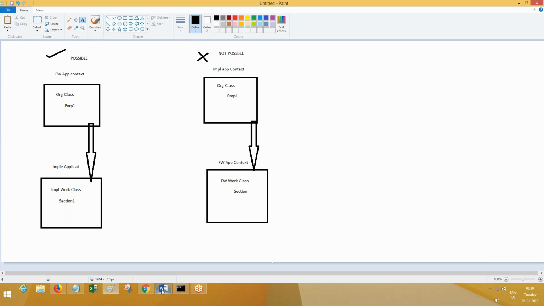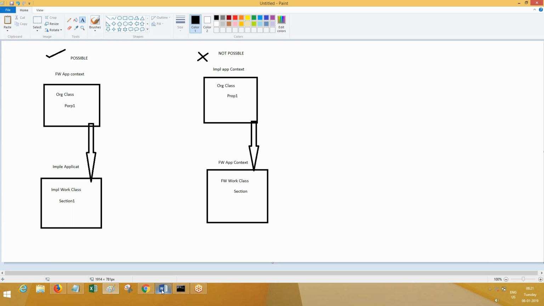Okay, so now do you have any situations where you choose implementation application? Implementation application framework class. Within the implementation context, do you choose framework classes to create the rules anytime? Will there be any such possibility or not? Access-wise it is possible, right? But for requirements, you have to carefully think about them. And you make sure that if you're choosing implementation context, framework class, you are creating rules.